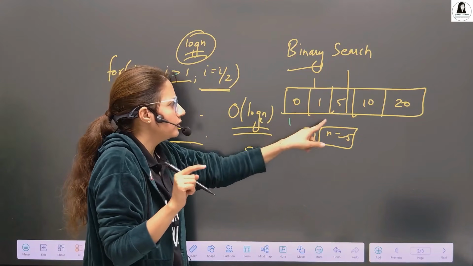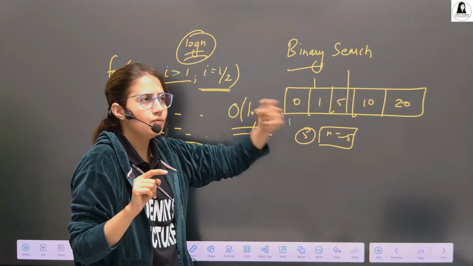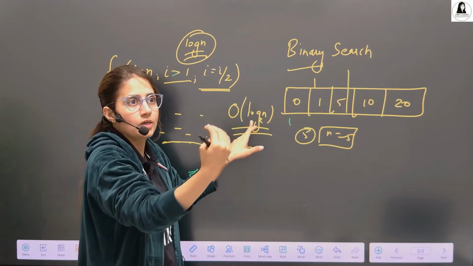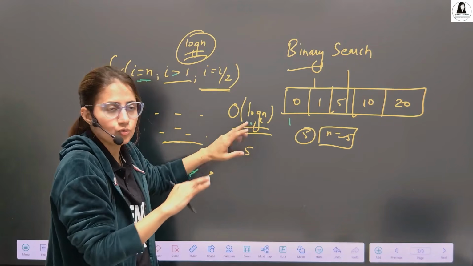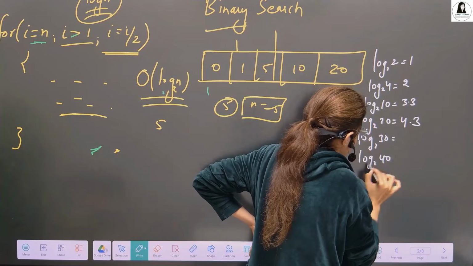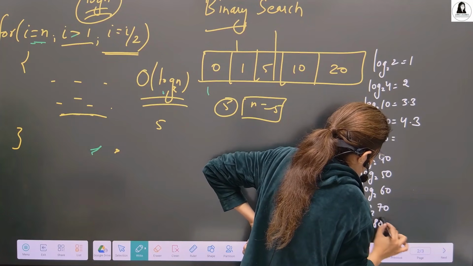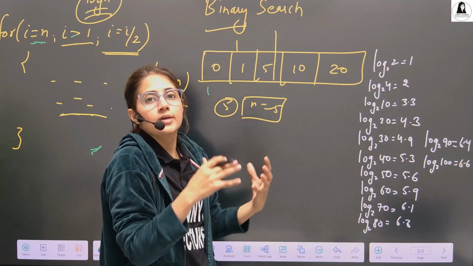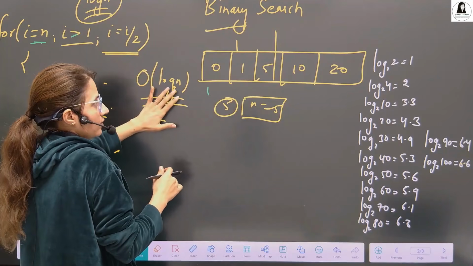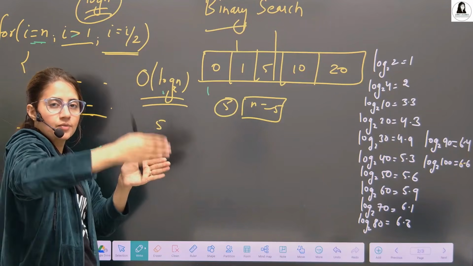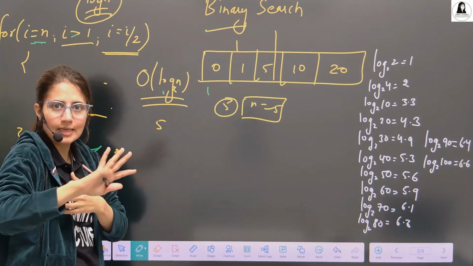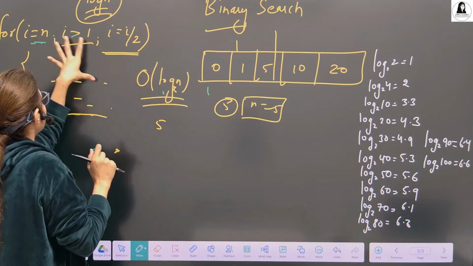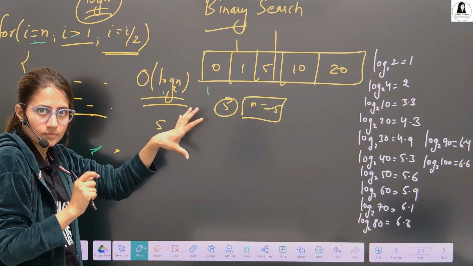For that, it will not go linearly. It will go logarithmic; for log n you have to find log 10, log 20, log 30, log 50. Let me write down the values for that here. So these are the log values for 10, 20, 30 and so on. If you draw a graph, this is binary search and it is taking log n. If this kind of pattern is there, successively dividing the input size by 2, then the time complexity for that approach is log n. So this loop is log n, right?